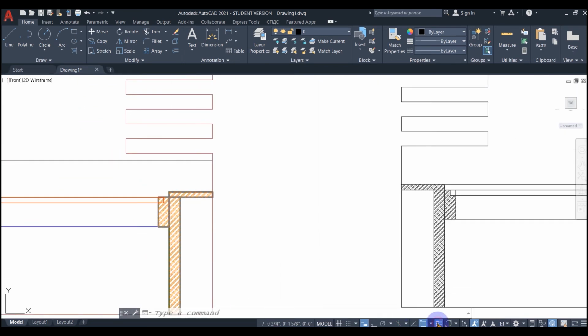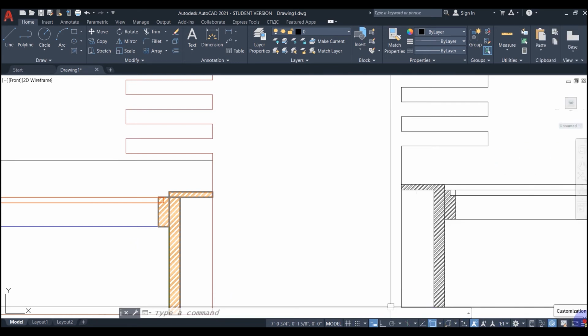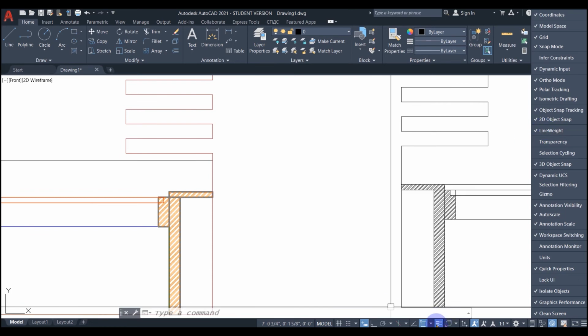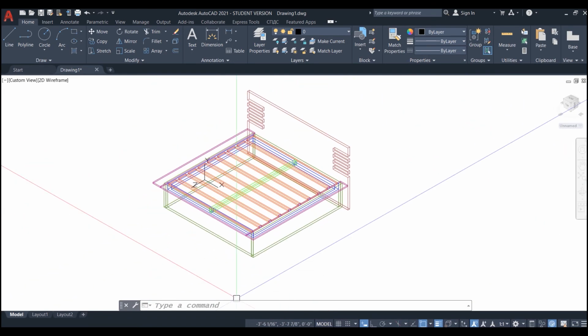If you do not find it on the status bar, you can click this customization icon and bring it on the status bar and control the visibility of line weight. Now let's try to create a side section of the bed.